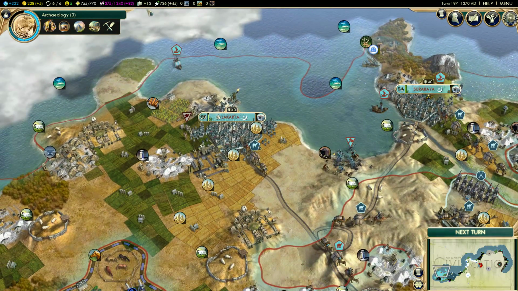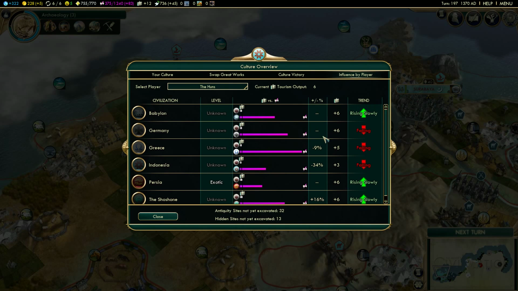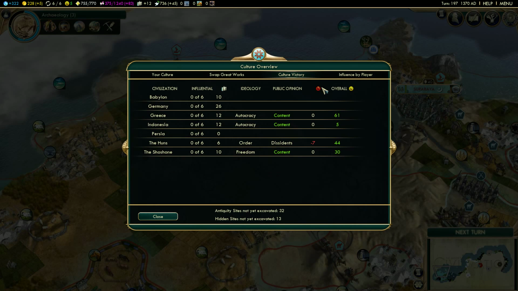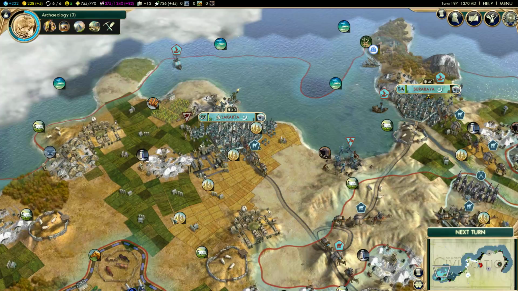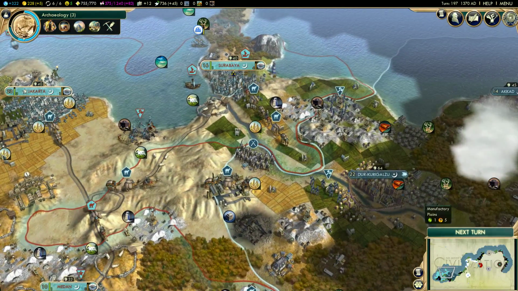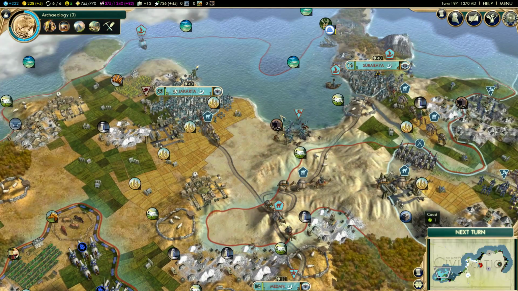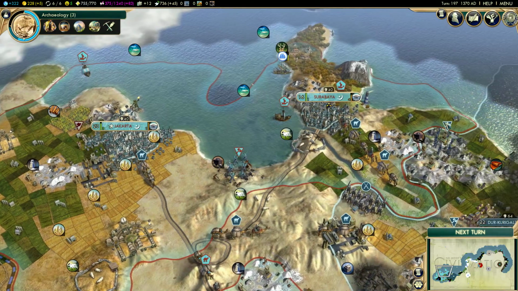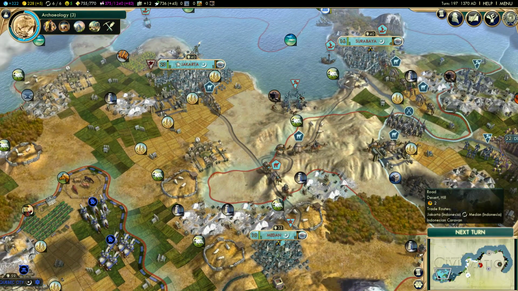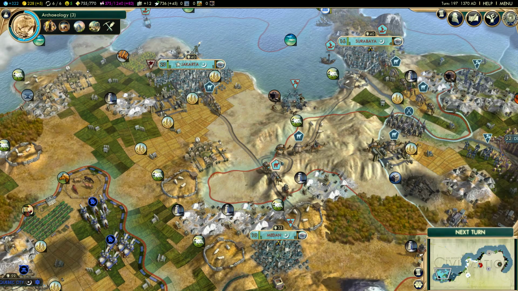Diplomacy wise, you will probably want to get open borders and deny the opponent open borders to get these bonuses here. Trade routes, you will usually have them anyway, so can't really help much about that. But getting open borders from other civs and not giving them away is also a very good way to protect yourself from cultural influence. And once you have found a friend, you might want to give them open borders so they can influence you a bit, though I'm not too keen on that.